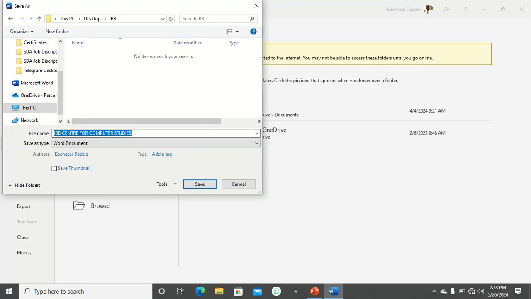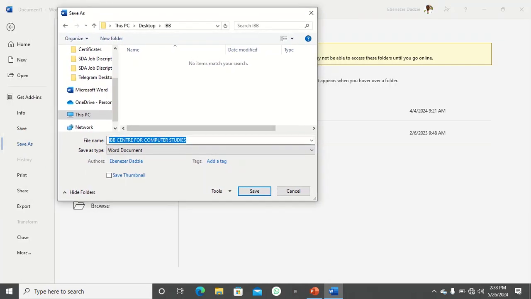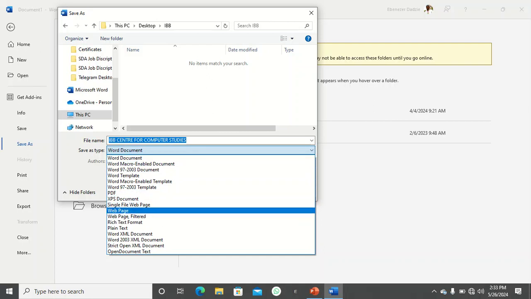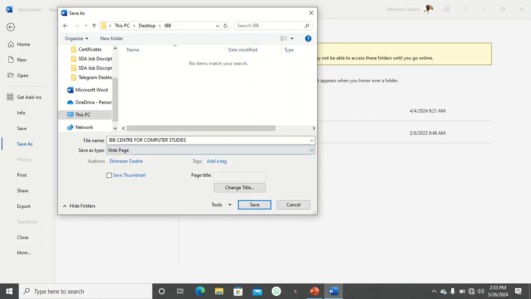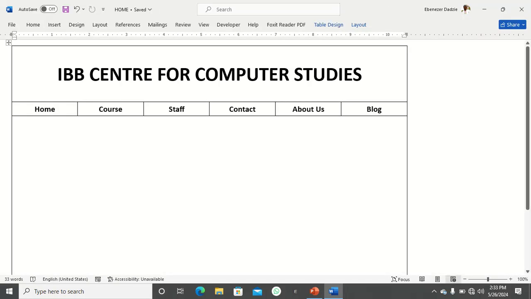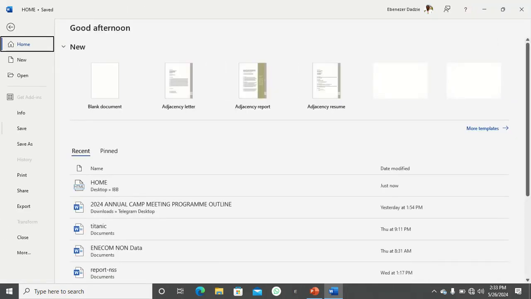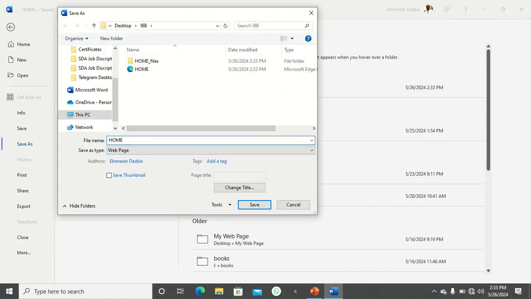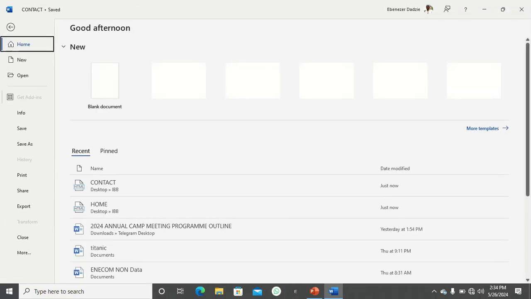So when it's selected, I have to switch this page to web page, if you could remember. Then I will save it as home. So this is the first page. So I'll just save it as this. Then I'll go again to save another one, which is contact. I'll do another one for the next